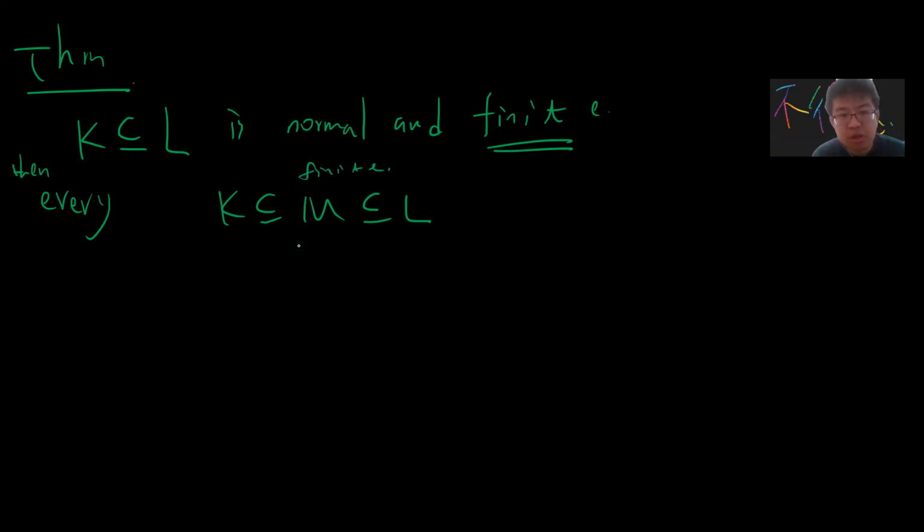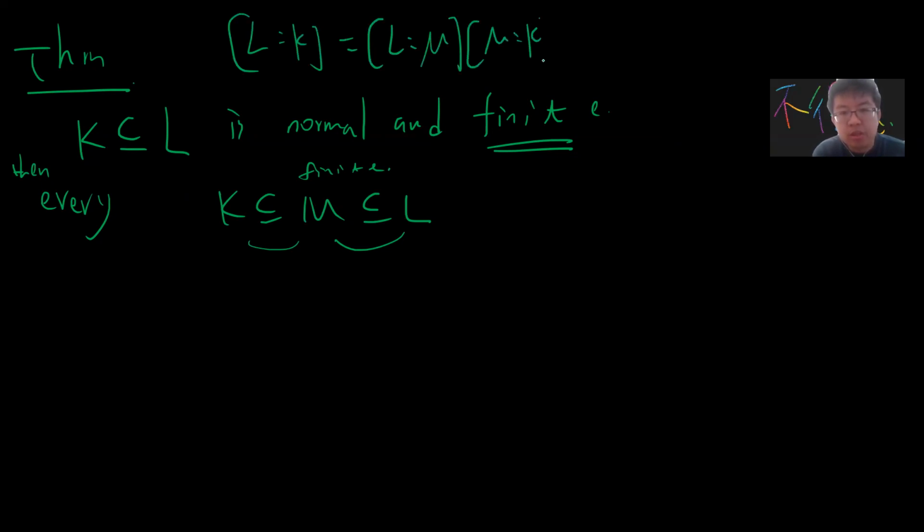I think over K. If it's finite over K, then it automatically becomes finite over M, because LK is the same as LM. Okay, so you can easily check this. And every